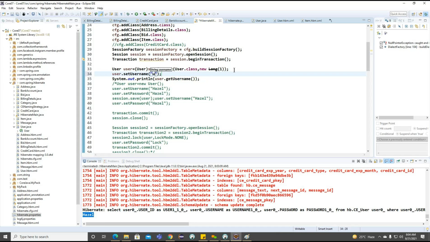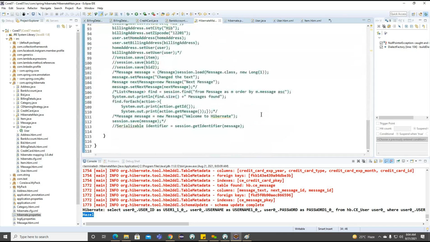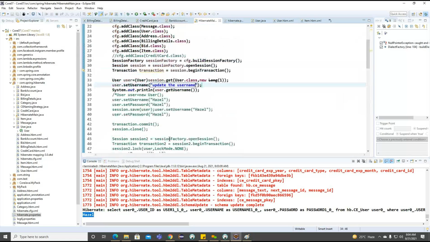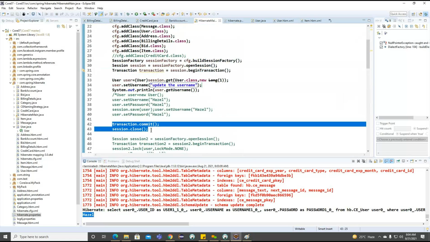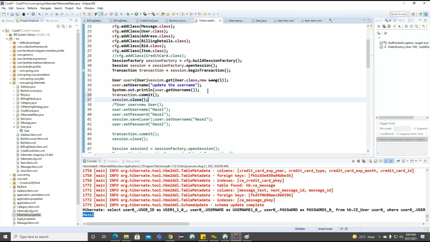So update username. Now you can see I'm not writing any session.save here. Session.save I'm not writing it. Simply we'll write transaction commit and session close.